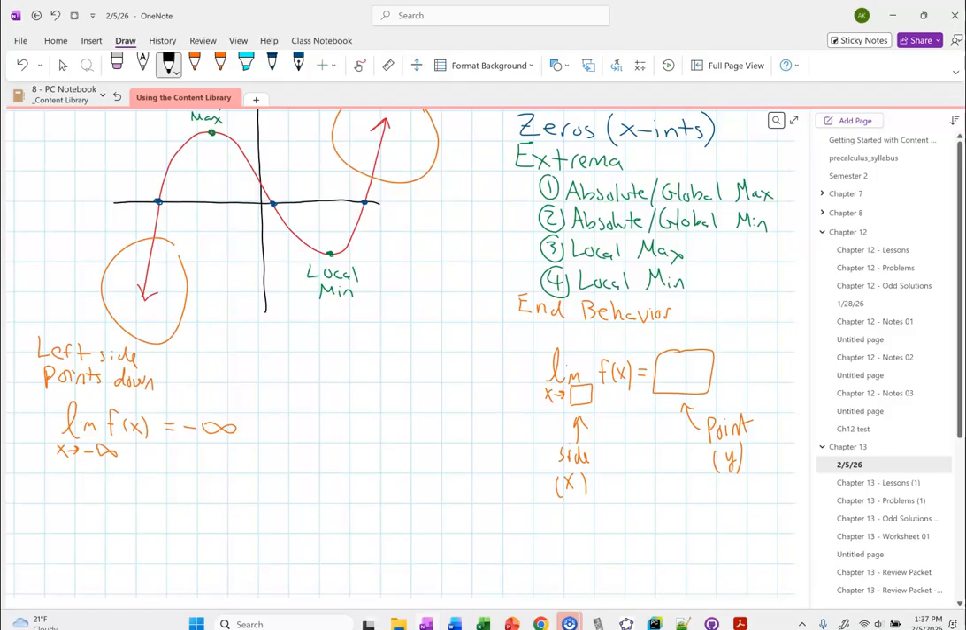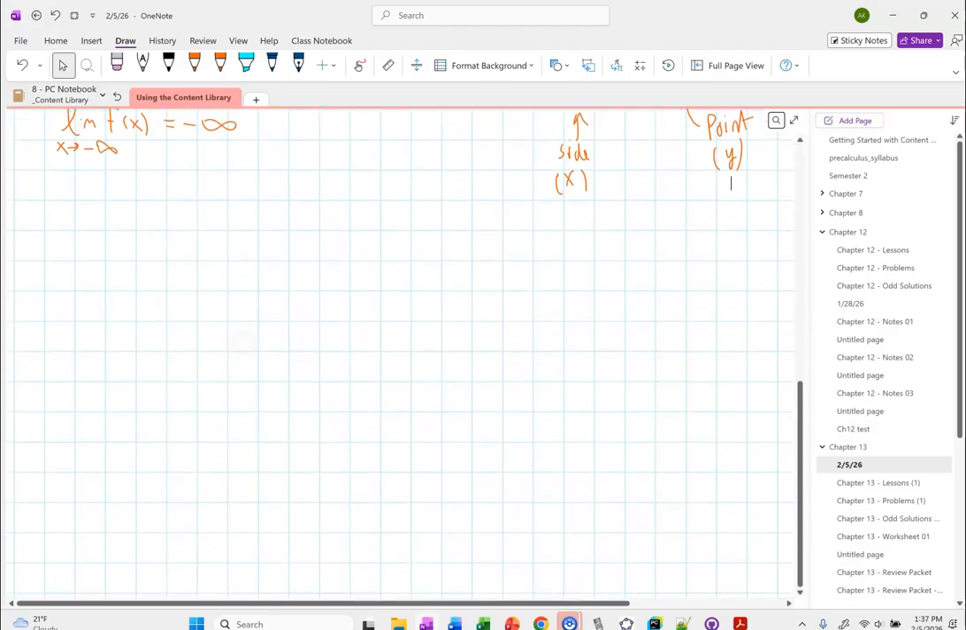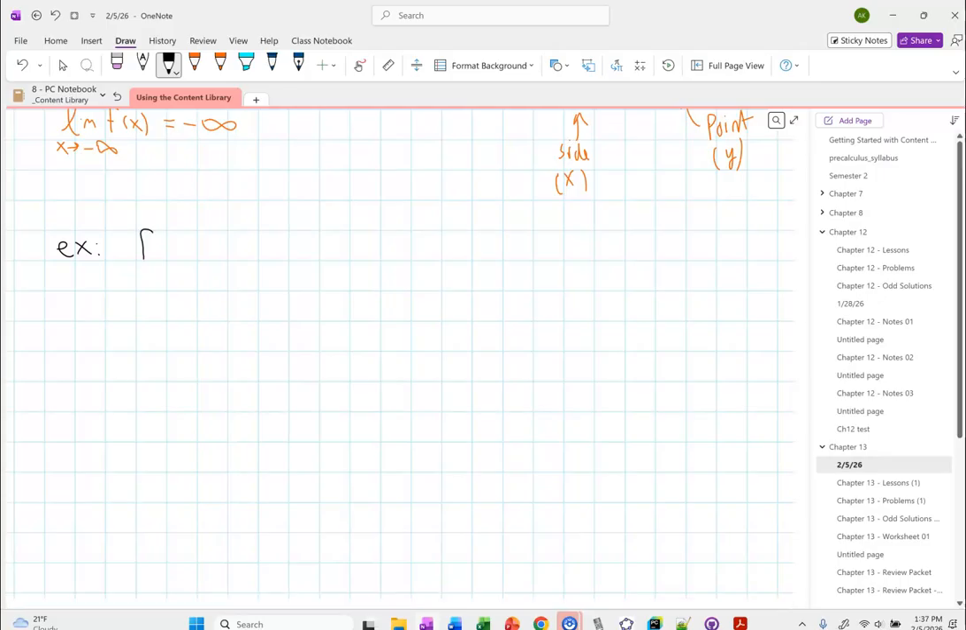So this feels like a test question, right? Here's a graph, give me the extrema and the zeros and the behaviors, right? The other way that we could ask this same question is we could give you a function and ask you to do the same thing, like find the zeros and the extrema and the,